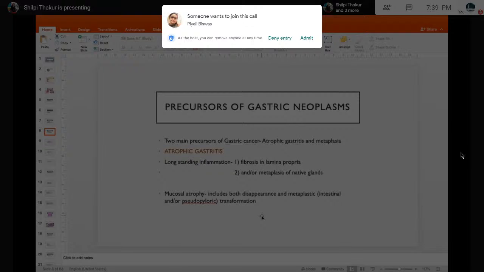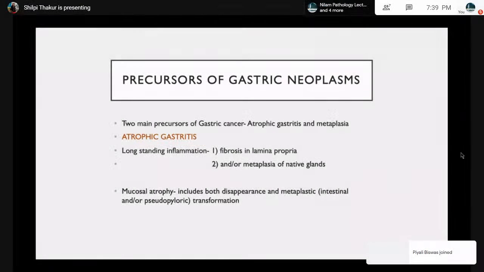So what are the precursors? We are most interested in the precursors because we need to diagnose the cases at an early stage. So, precursors of the gastric neoplasm. The most important two precursors are atrophic gastritis and metaplasia. Atrophic gastritis,